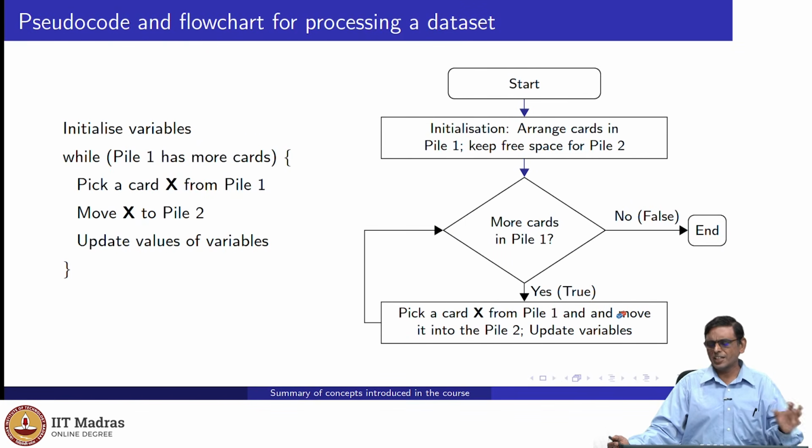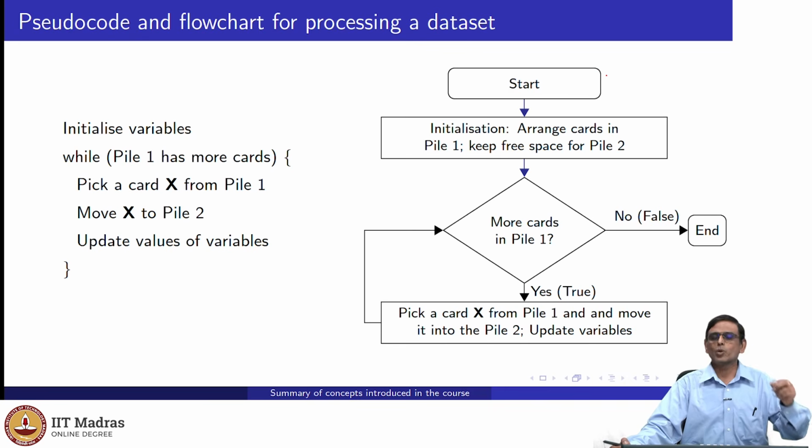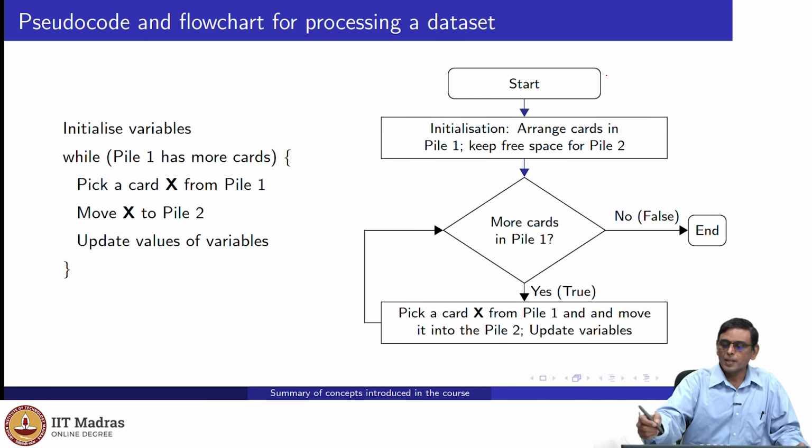We saw two kinds of ways to write this. One is a flowchart. We didn't talk much about flowcharts after some time because after some time drawing these kinds of diagrams is very hard. But we saw that a flowchart is still useful to depict things pictorially, right? When it's a small thing, it's always good to write the flowchart. Easier to see it. So we saw these symbols which are called the terminal symbols. Start and end are terminal symbols.